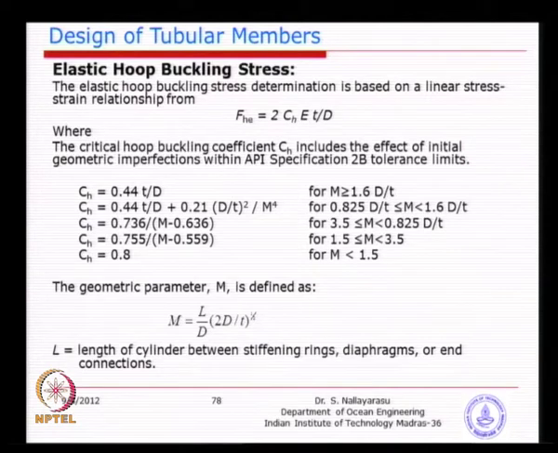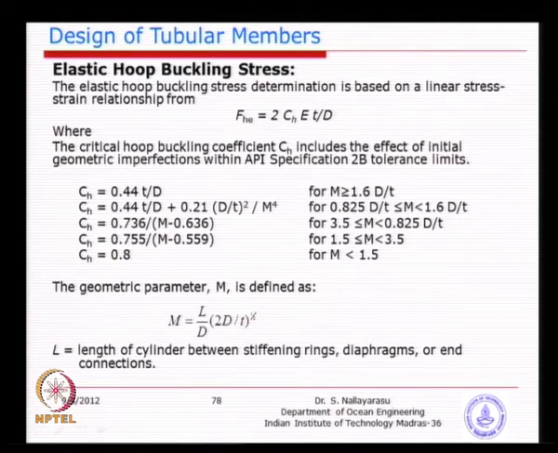Basically how we calculate it is a parameter called m, the length to diameter ratio, which is very simple. The larger the diameter, the lesser the m, and the larger the coefficient. So, you see here if the m value is less than 1.5, you have a CH coefficient of 0.8 compared to the 0.3 we used for axial buckling. If you keep the m value low, for sure you are going to get a higher elastic buckling stress. Basically you see here L by d, of course with d by t inside a square root.